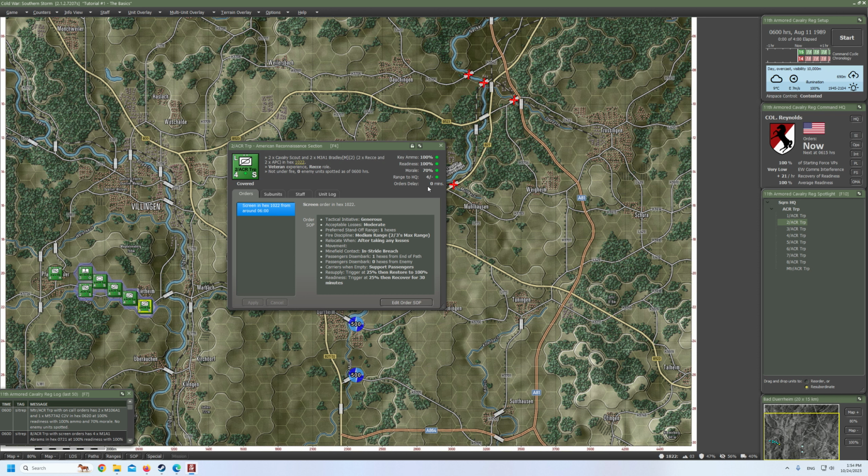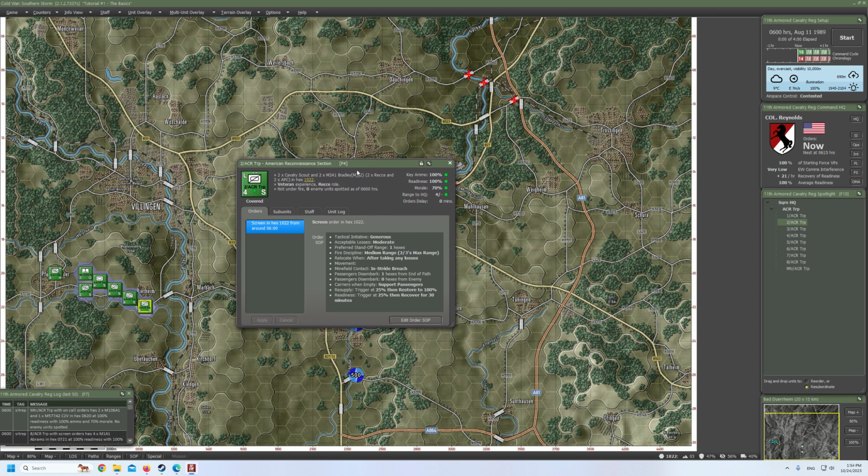Orders delay 0 minutes. That's because of no electronic warfare comms interference, which is good. And I think that's it about that tab. We have also the information about the screening order in that hex, as I've mentioned before, and also a quick look at the order standard operating procedures. So we have all that information here. If you would like to quickly look at that, click on Edit Order SOP, and we can modify all of that. But before we do that, we will jump into